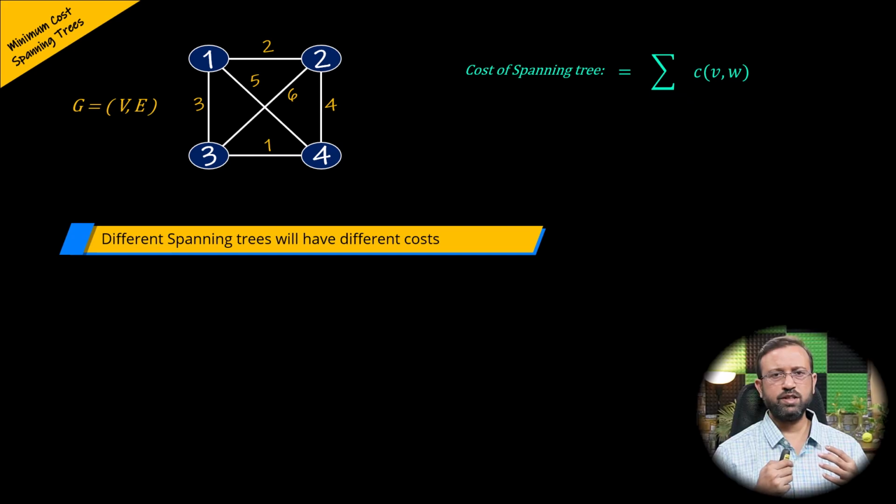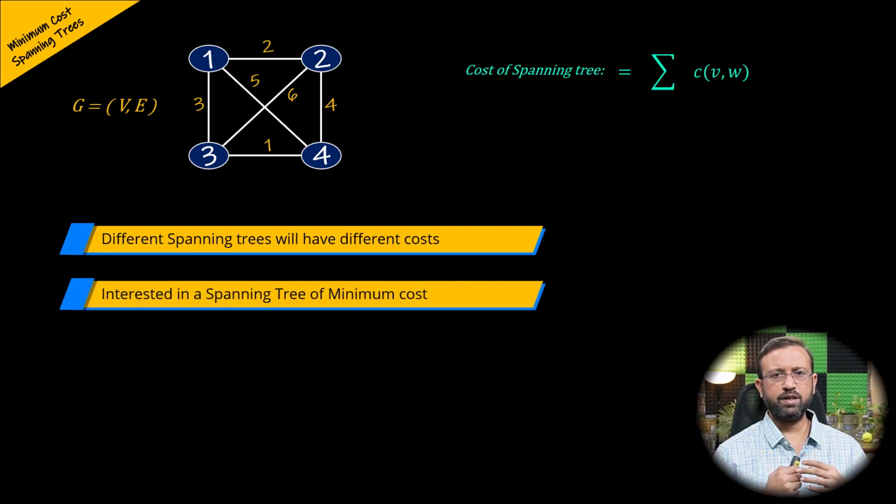So, given such a weighted graph G, we would be interested in having a spanning tree of minimum cost. A minimum cost spanning tree of a graph is a spanning tree of that graph that has the least total cost. Therefore, the minimum cost spanning tree problem is a minimization problem. And since the identification of a minimum cost spanning tree involves the selection of a subset of edges, this problem fits